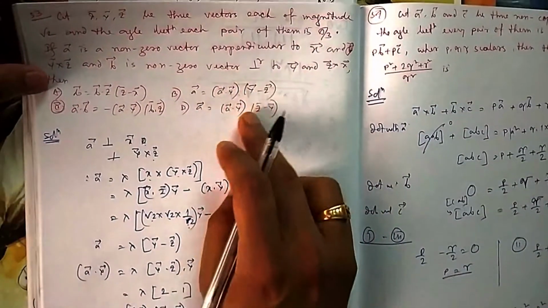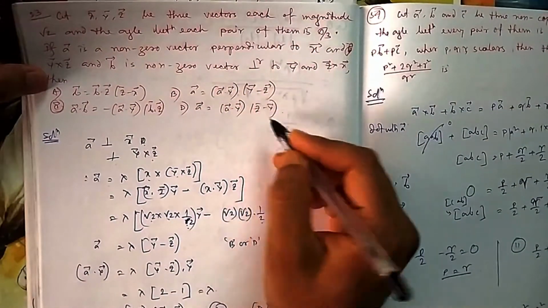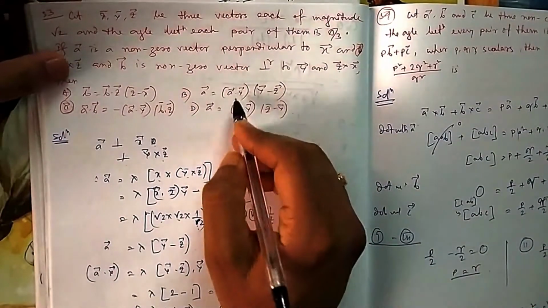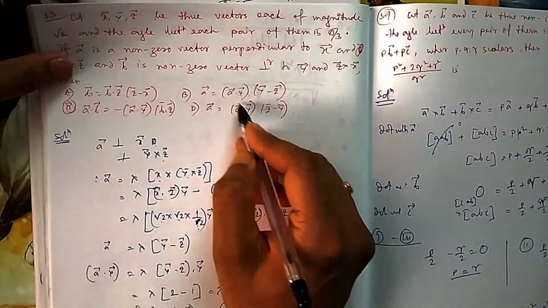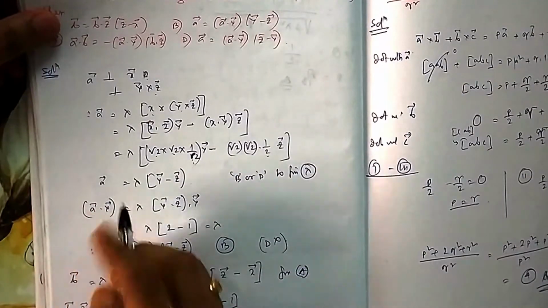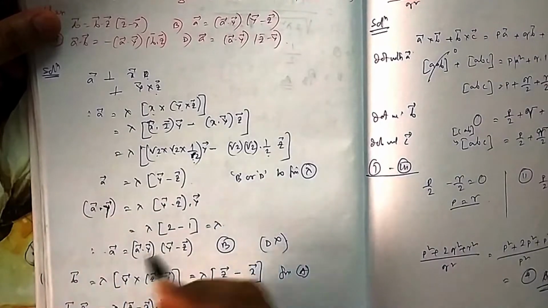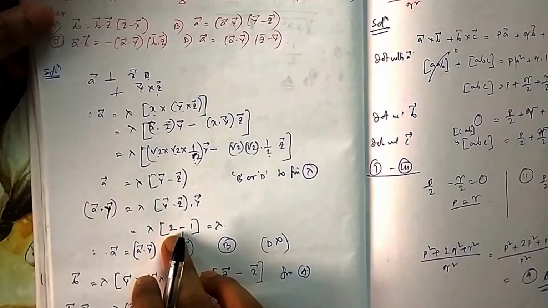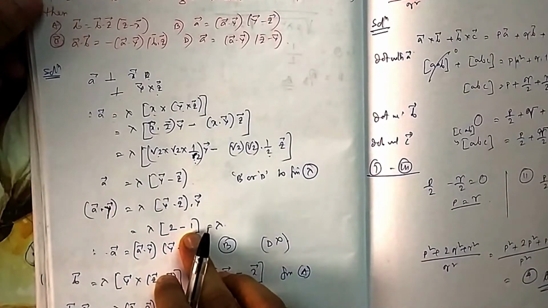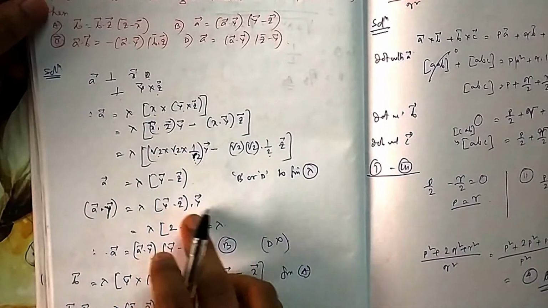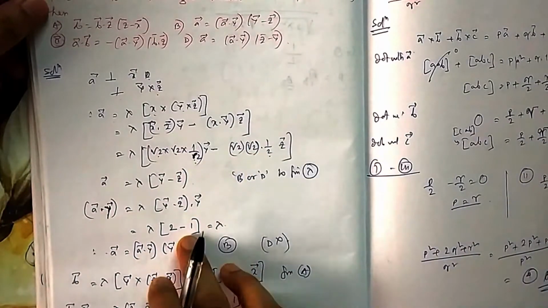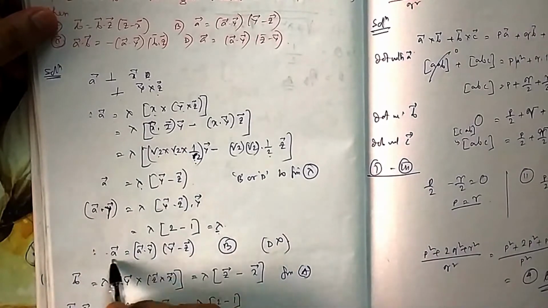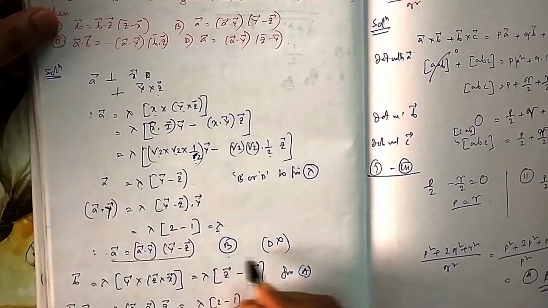So from options you can say what is A vector, this is YZ or ZY, that is BD. Now you can see it is BD. You can see options, what is lambda, lambda is equal to A dot Y. So that's why you dot with A, dot with Y, and see whether you are getting lambda same. So if you dot with Y, then YY you can find it is 2. And ZY you have already done, I think ZY root 2, then cos this one 1 by 2, that is 1. So that means your lambda is equal to A dot Y. So instead of lambda you can put this one, that means it is option B, not D.